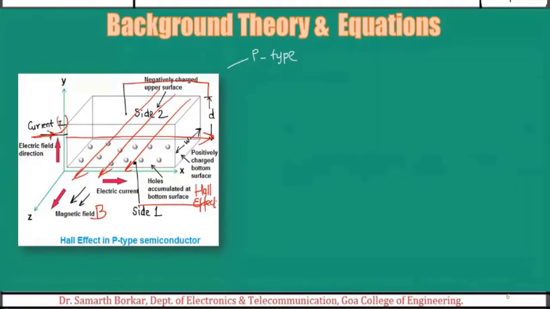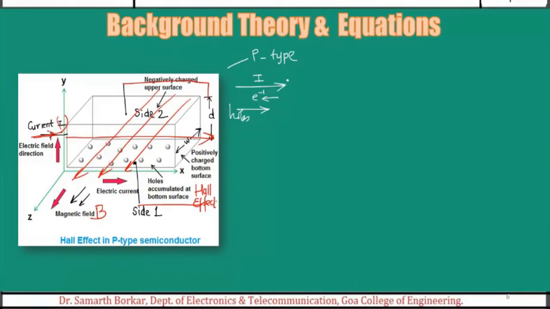So if I pass a current through this bar, what will happen is that the holes will move from left to right, because you know the basic fundamental theory. Conventional flow of current is shown in this direction, and actually the electrons travel in the direction opposite to the conventional flow of current. If the electrons are traveling in this direction, it will create holes or the movement of holes in this direction. So holes and the current are actually moving in the same direction.